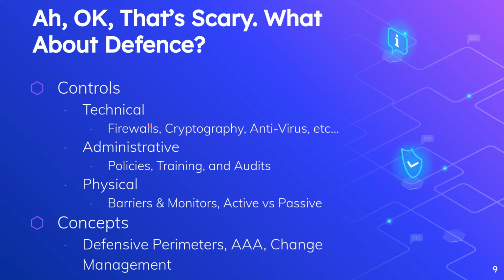So anytime we deploy any kind of technology, that's a technical control, right? Cryptography, antivirus, all those types of things. Okay. Administrative controls are things we can do as administrators. So with policies, we train our users, we do audits, we hire third parties, or internally we demand our employees audit our systems, look at our logs. Those are administrative controls, right? So we have technical controls, administrative controls, and then we have physical controls, right?